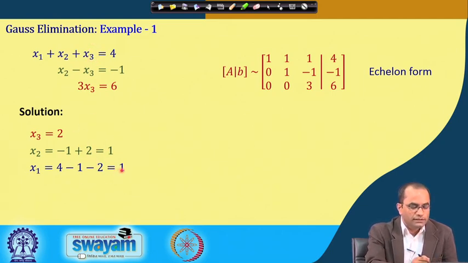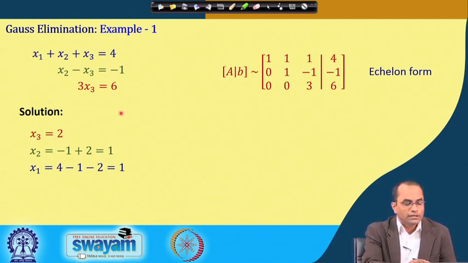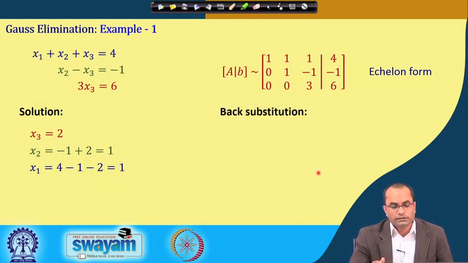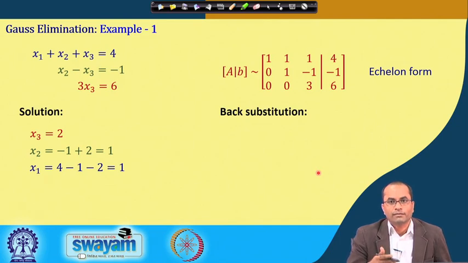So, 4 minus 3, that is 1. So, we got the solution here. Once we have this form, we have to do only little manipulation to get the solution: x3 is 2, x2 is 1 and x1 is 1. What we call in terms of the Gauss elimination, we call this back substitution, that is actually the